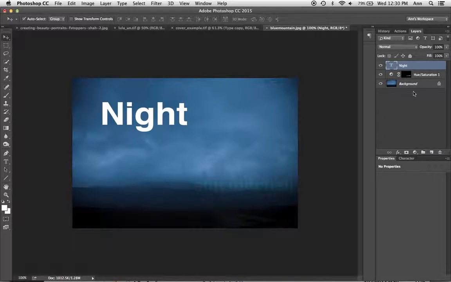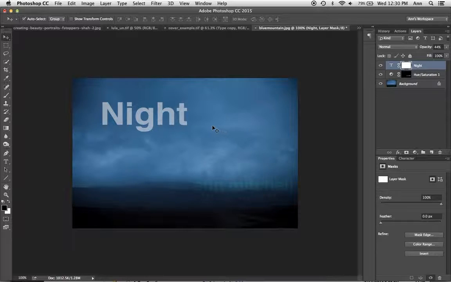So one of them is that because it is a layer, you could change the opacity, and that will change how it functions. You can also add a mask to it, and so using the brush tool, painting with black would start to remove part of it.